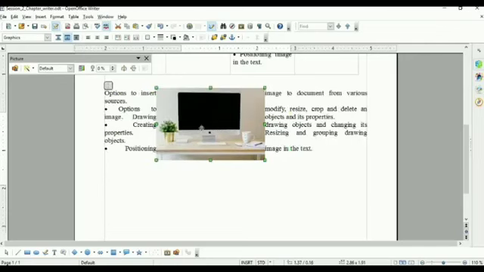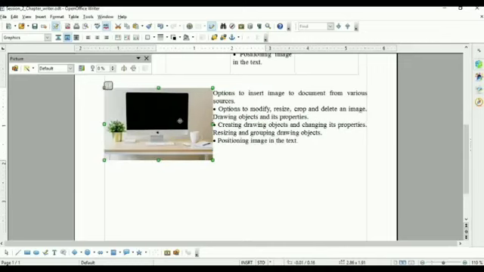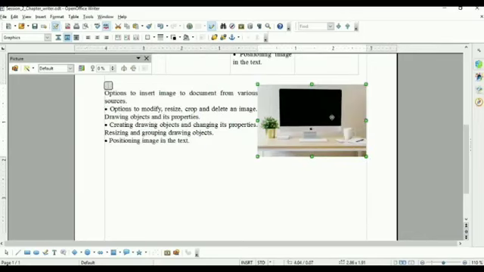Once you click on page wrap, see the change. The picture will appear in between the text, meaning some of the text will appear at the left or some will appear at the right. Suppose you want to place your picture at the left side, so all the text appears at the right, like a newspaper. Or suppose you want to place your picture on the right side, so the whole text will shift to the left side. Now the third one is wrap through.